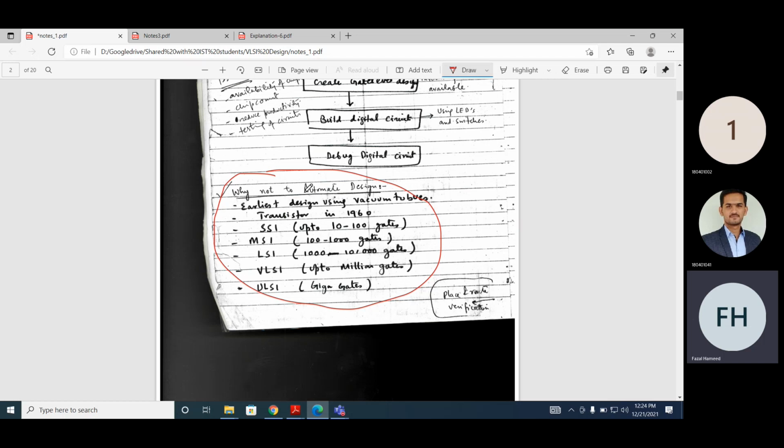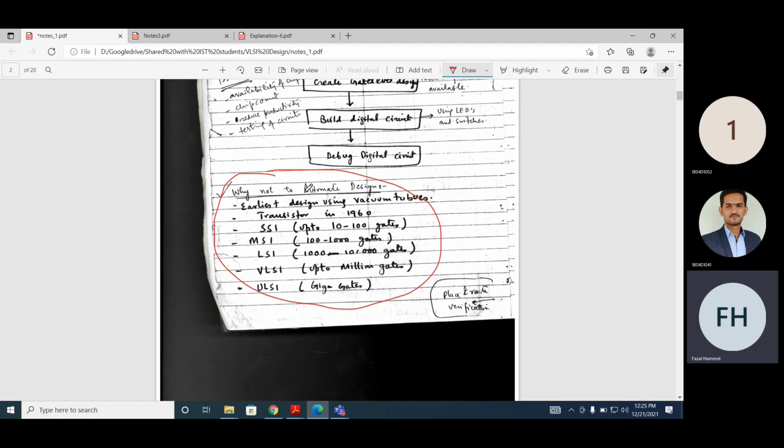So now when we are moving to these large scale integrated circuits, there should be some design steps, and they should be different from the design steps of the manual design. Because in manual design, when we are going to make a design, we say, okay, do we need an AND gate chip? We need an adder chip, and then you connect all of these chips on a breadboard, and then you make connections through wires. But now, in the very large scale integrated circuit, we are combining all of these logic on a single chip.